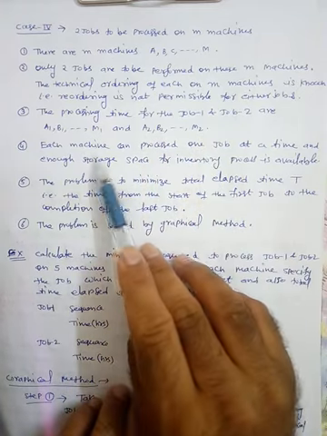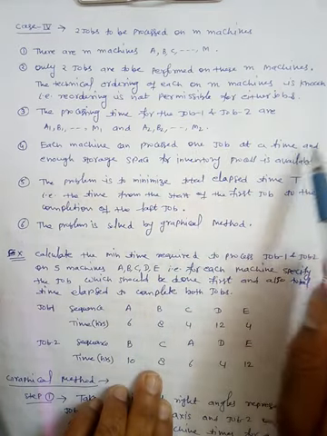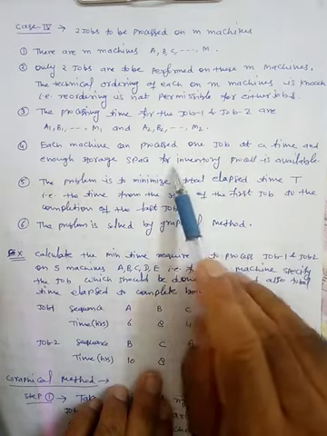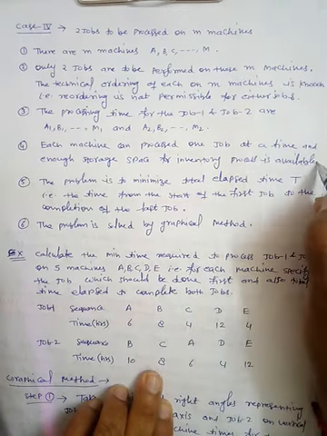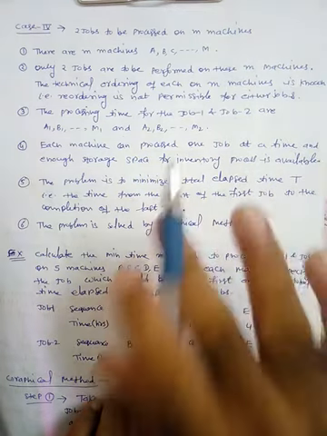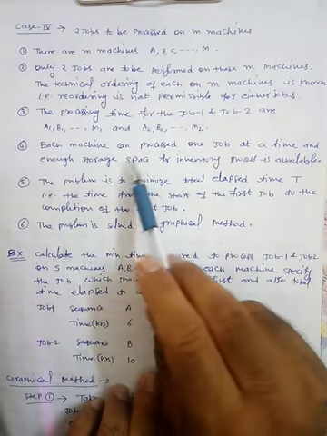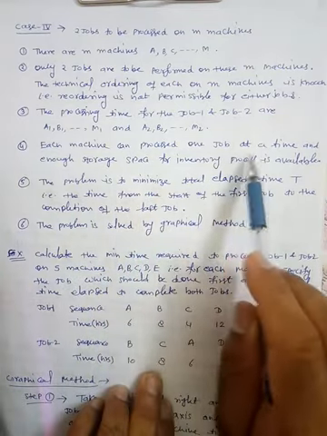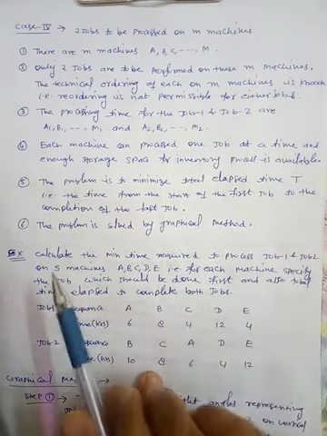Each machine can process one job at a time, and enough storage space for inventory is available. If the problem is related to inventory, then enough space is available. What is important is that every machine can process one job at a time. हर मशीन पे एक बार में एक ही जॉब होगी.